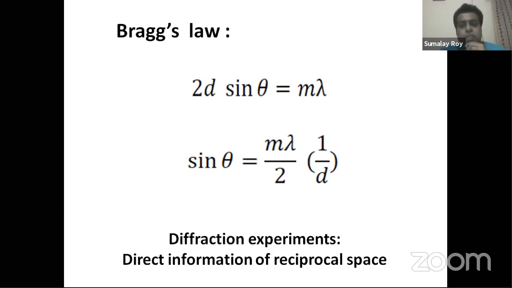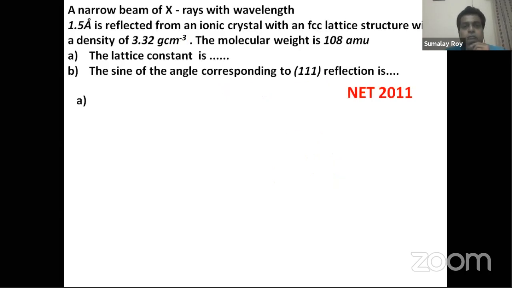Okay, so that is the reason that we study the reciprocal space so intensively. To know the features of a crystal, to know the features of a lattice, we do a diffraction experiment, and what you see in diffraction is exactly the reciprocal space, not the real space. Okay, so if that is done, let us go to the next slide.